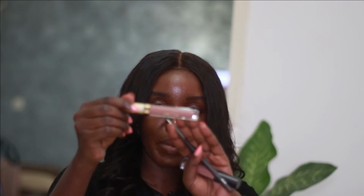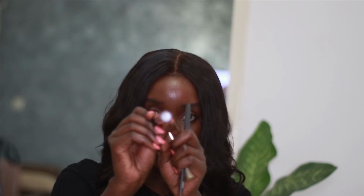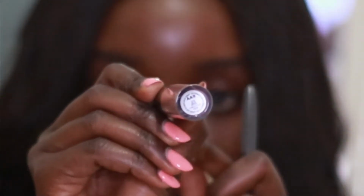And then I go in with my Stila Biscotti liquid lipstick. And over that, I go in with my MAC Spite lip gloss. I live for this lip combo. I wear it almost every day. It's my go-to lip combo. Anyway,